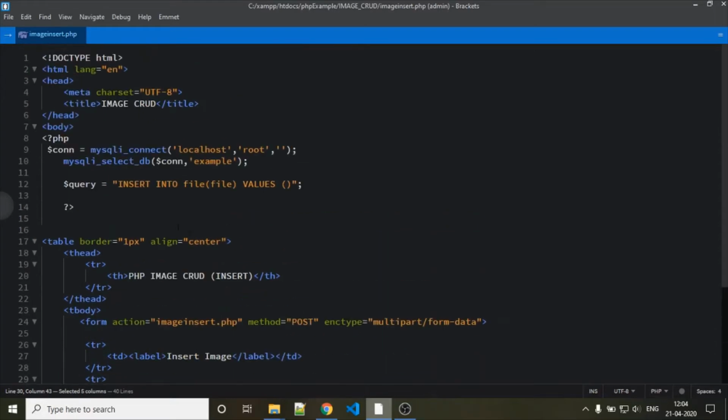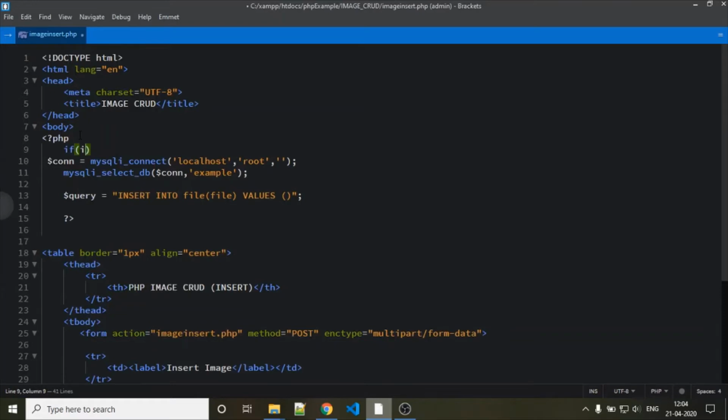We are checking if this button is clicked, using isset of $_POST of that button name.